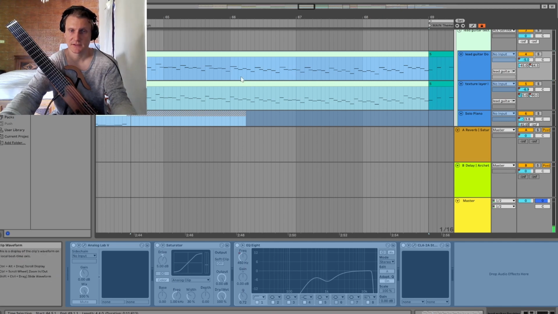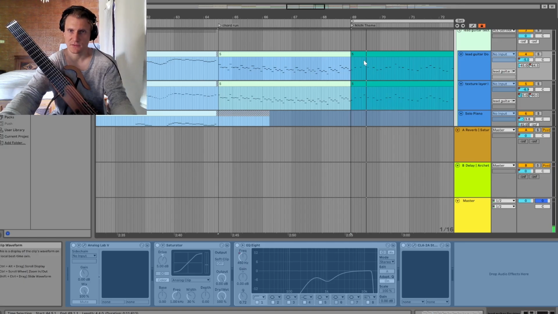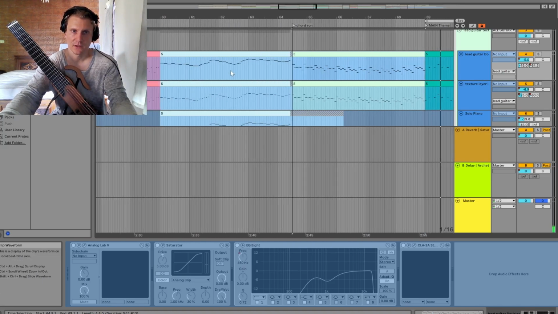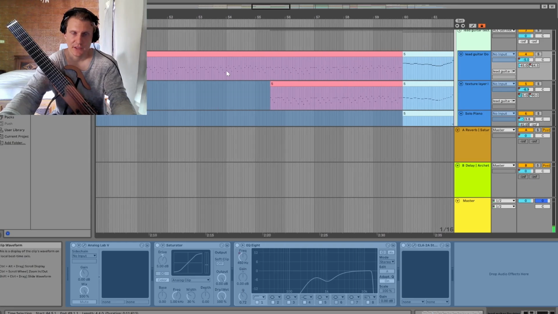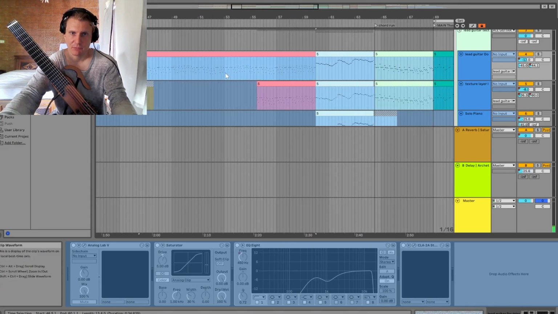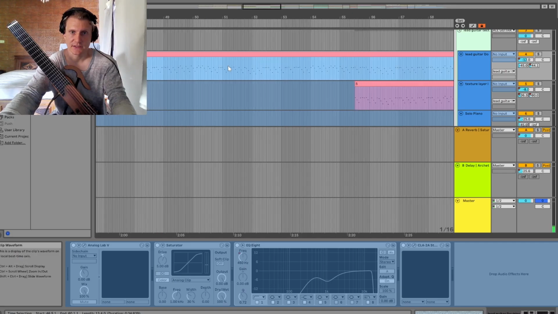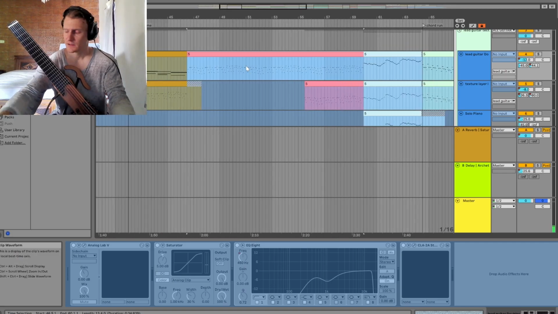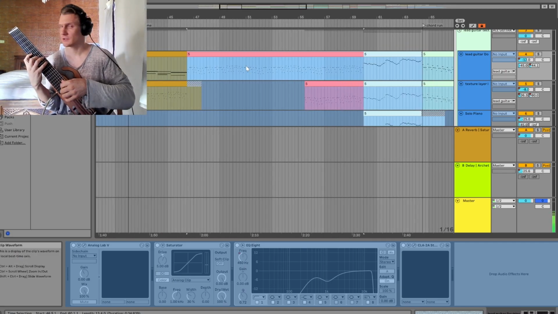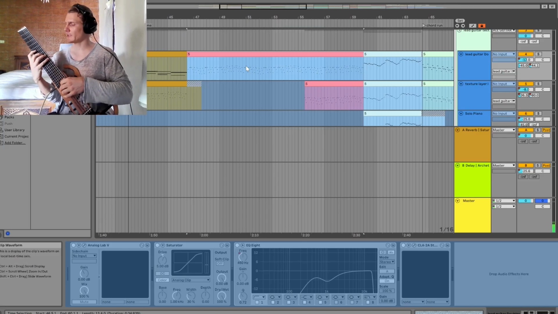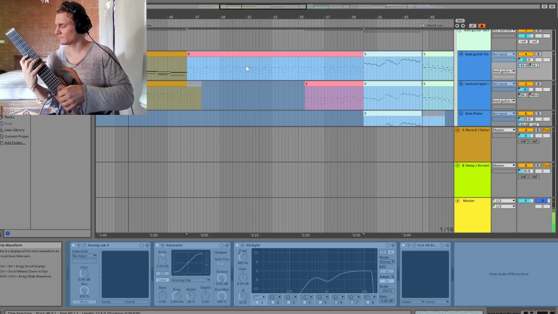So they're just 16ths. You have to make it fit into this form. Before that, I came up with this part. Again, this is just playing notes of the harmonic minor scale. The chords are